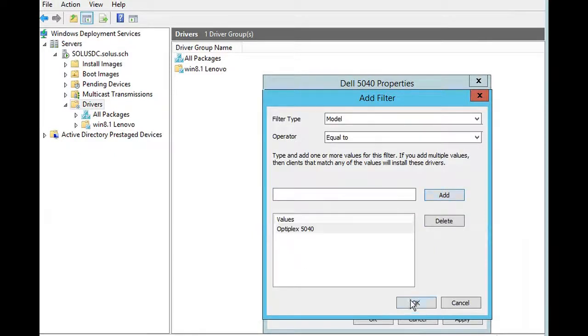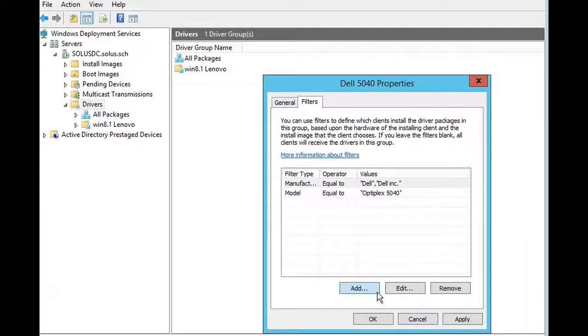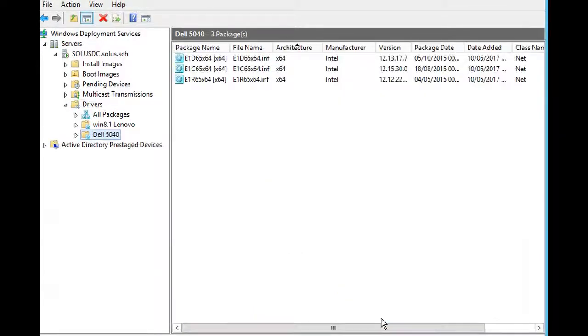I can click add there and it puts it in. So that's fine, and I can click OK on that. So now only machines which are Dell or Dell Inc. and are an Optiplex 5040 will get these drivers, and nothing else will. Purpose being, if you've got two manufacturers that share the same driver, but they've both amended them in slightly different ways, you want to make sure the right one's being applied. If I click OK on that,